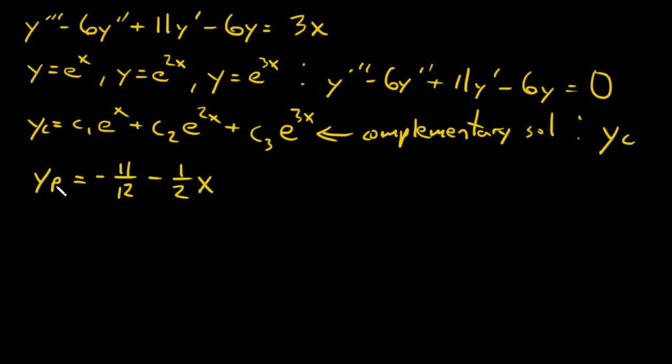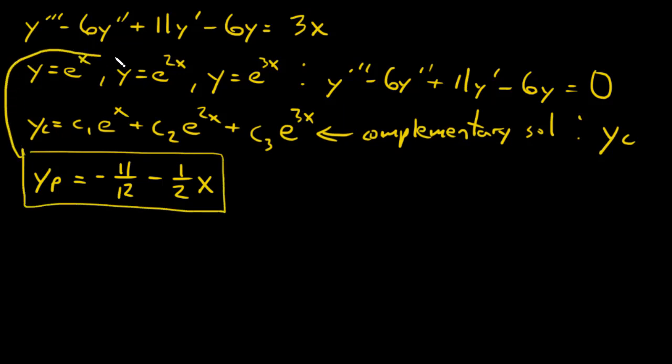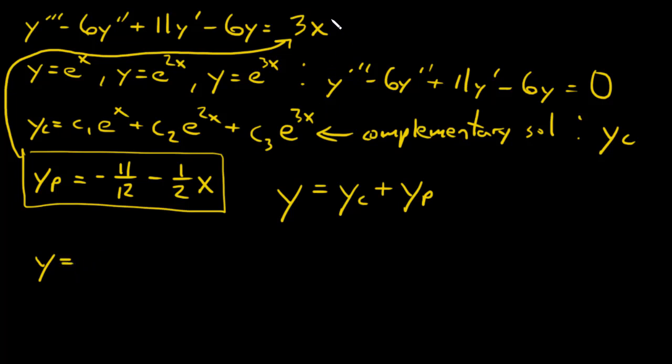If I say this is the particular solution to the non-homogeneous one, which has 3x at the end, then, here we go, y, the general solution of a non-homogeneous differential equation is y sub c plus y sub p. Okay? So, y, the general solution for this non-homogeneous equation is